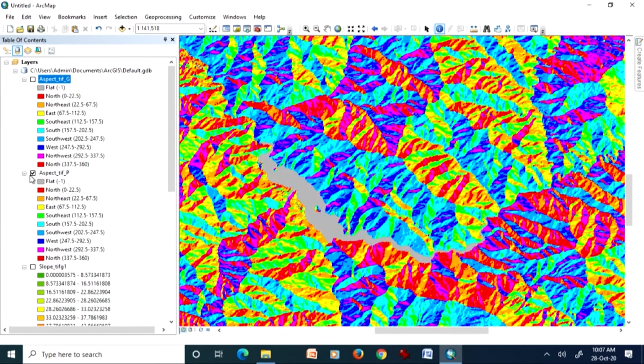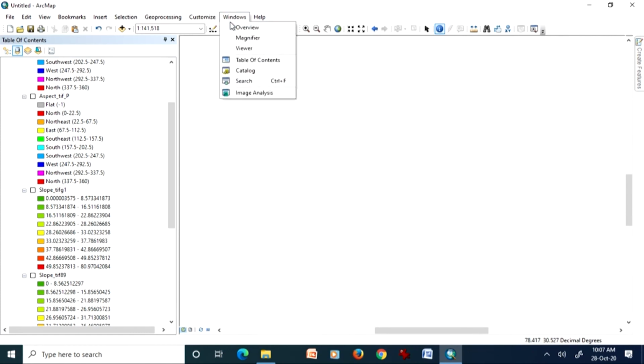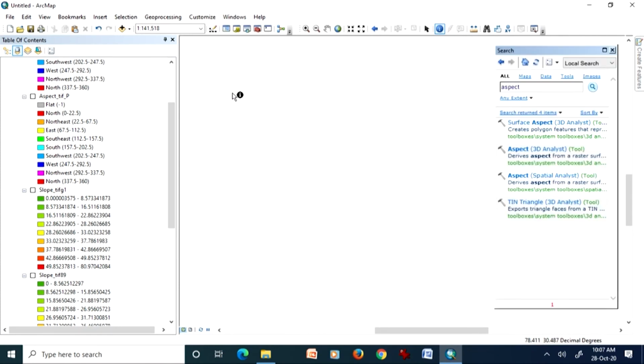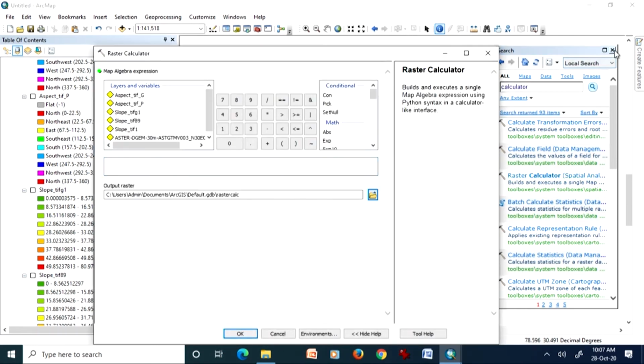Now I am going to create a difference map between two sloping surfaces. So here we can use the raster calculator, and we will choose it from the Spatial Analyst extension.